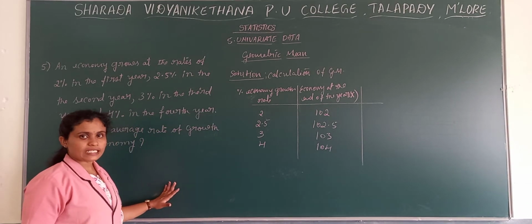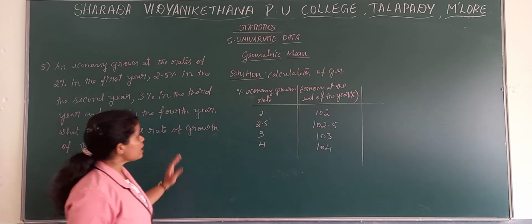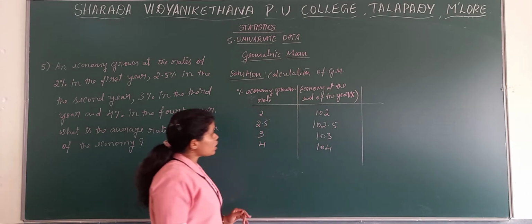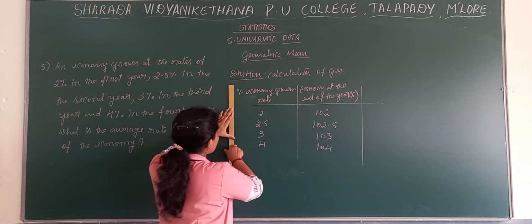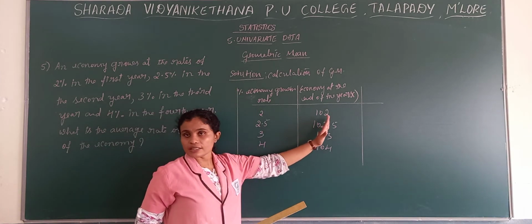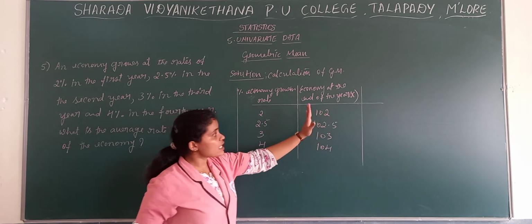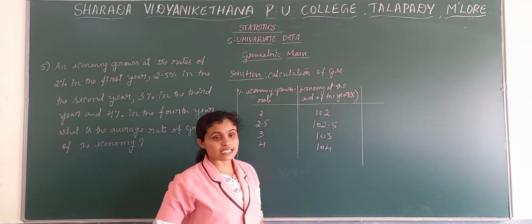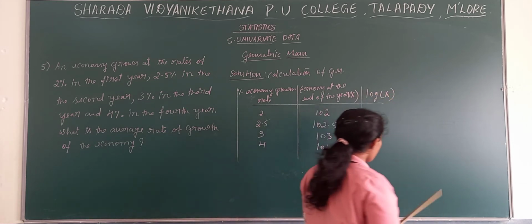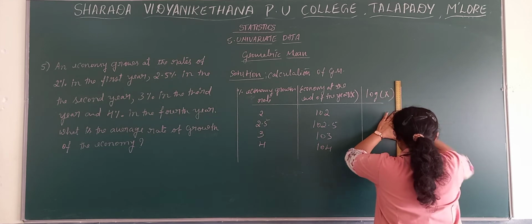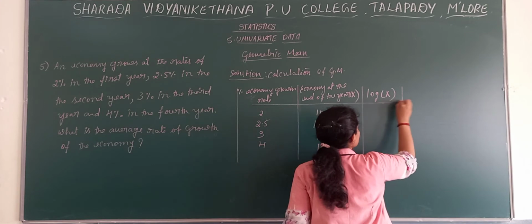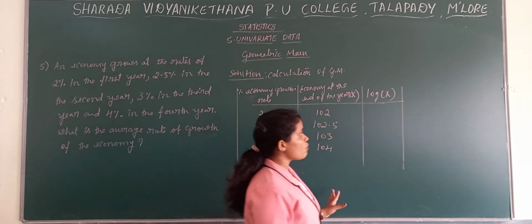Or else you can take it as ungrouped data only. Directly you can take X values, then find log X. Or else in an elaborated version, firstly you can write the percentage which they have given in the problem. Then add 100 to that given percentage. Now this we consider as X. Now find out the log of X. Before that, write the formula. We don't have frequencies here, so it is the ungrouped data formula you need to take.